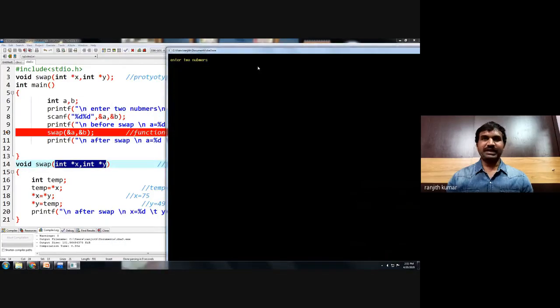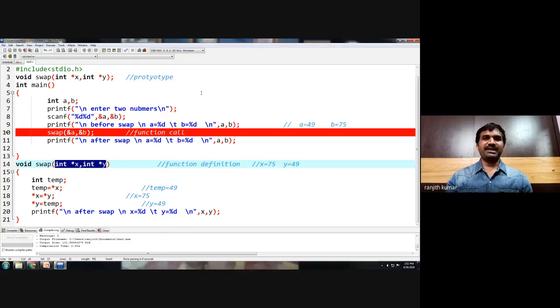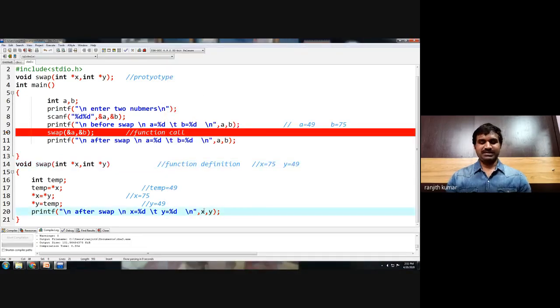Now when I try to enter 49 and 75 in this program, we are able to print A and B values, whereas this X and Y values are printing their address. So in order to print the values, as we know, the star X and star Y will access the data, not X and Y, because X and Y are not the normal variables, they are pointer variables.